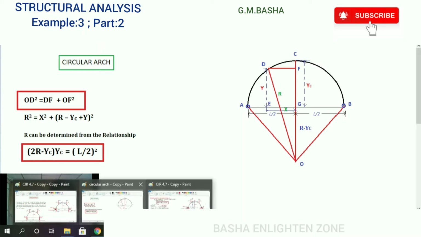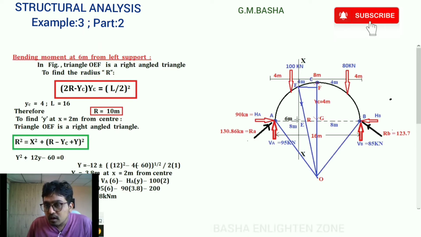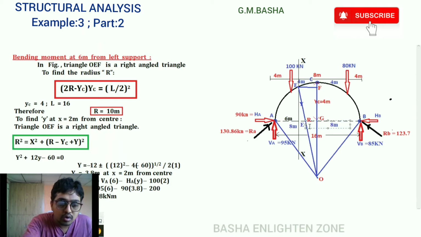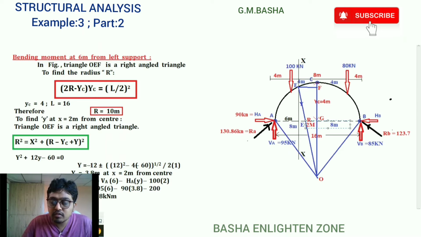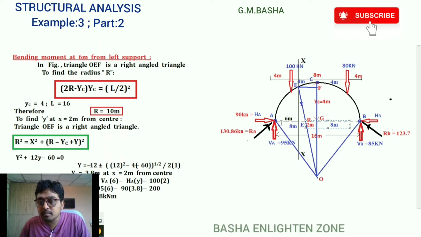See, according to the diagram, what is that R value? From the right side up to the point it will be 6 meters. Half of the span will be 8 meters, and the remaining value will be equal to 2 meters. So the X value will be equal to 2 meters. The overall length will be 8 meters from A to C. The left part is given as 6 meters, which means the remaining part is 2 meters.